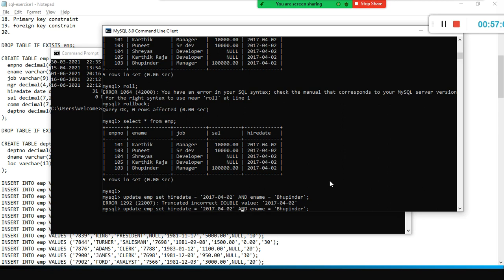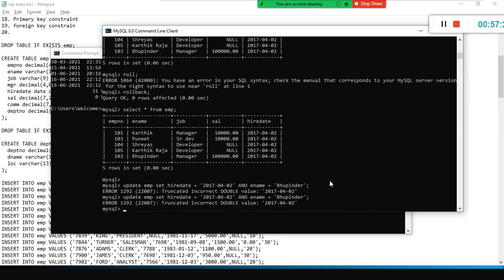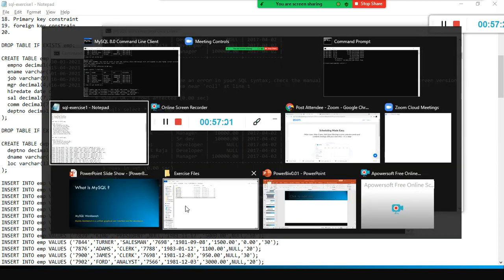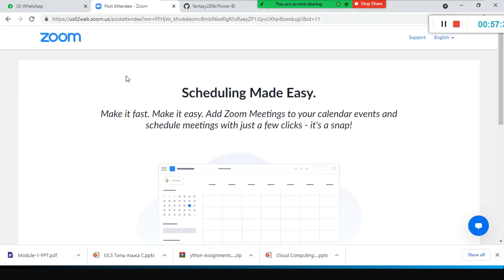It is correct only, right? So syntax is correct. Hire date, yeah, and truncated incorrect double value 271. So let me do one thing. I will check the syntax here.